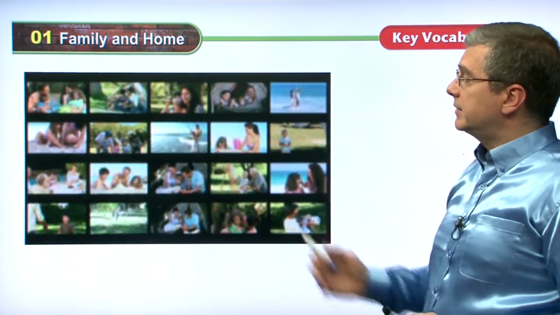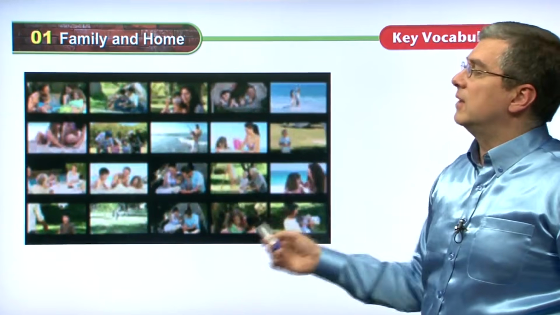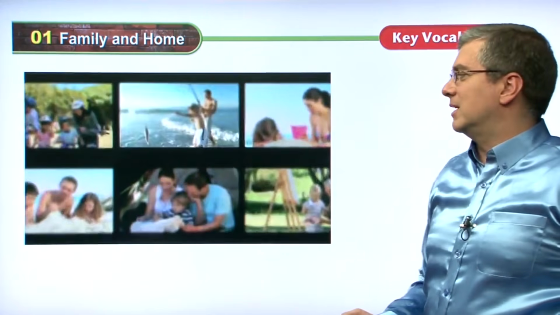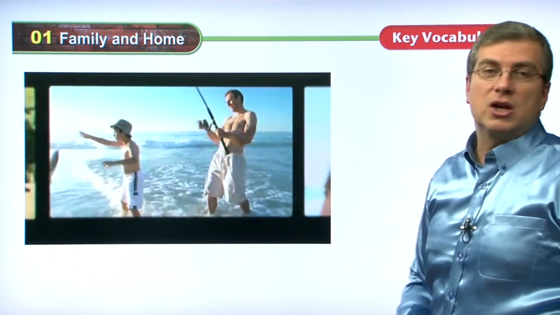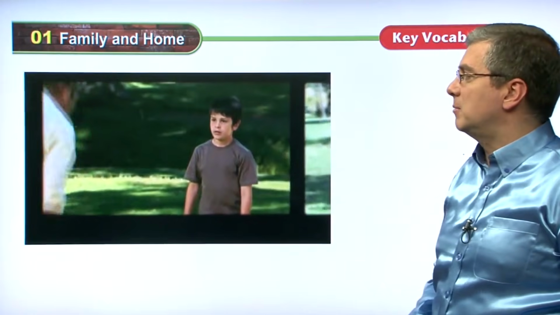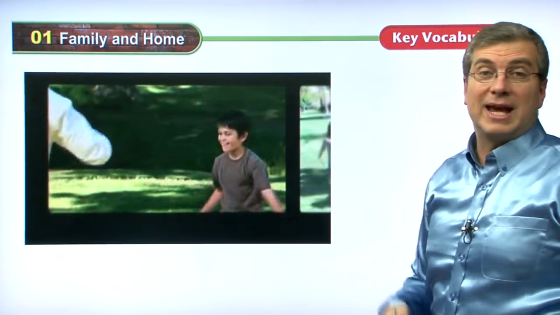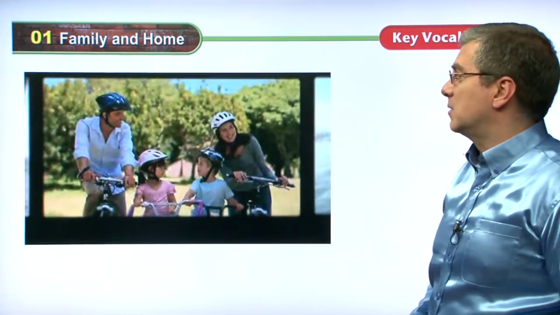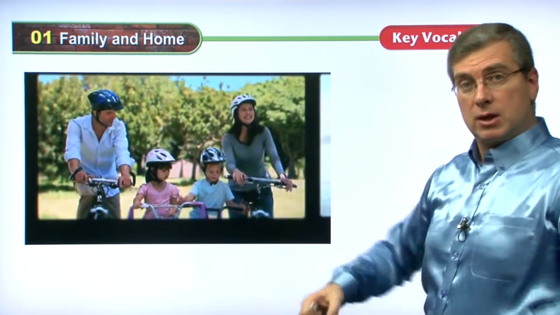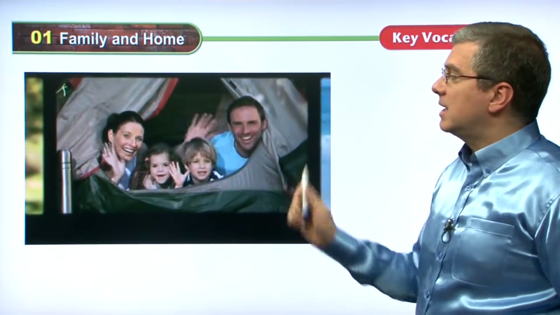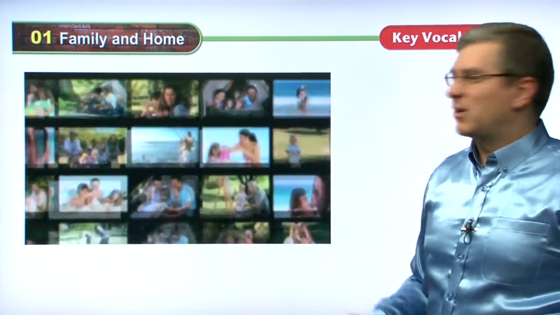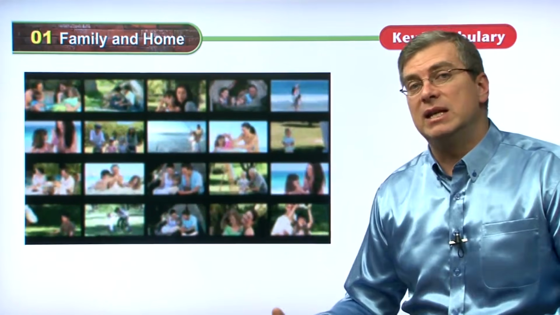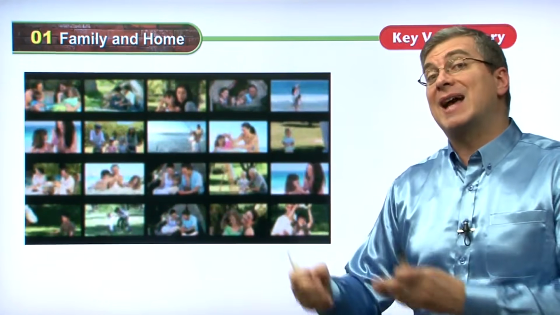Okay, let's take a look at a video, actually many videos of different families. What do families do together? There's many different activities. As we can see, father and son go fishing together. They have a good time at the beach. Father and son playing soccer together. Mother and daughter building sandcastles at the beach. The whole family going bike riding. And finally, again, the whole family, after their bike riding, they're camping in the mountains, right? So families do many activities together. There are many family activities.